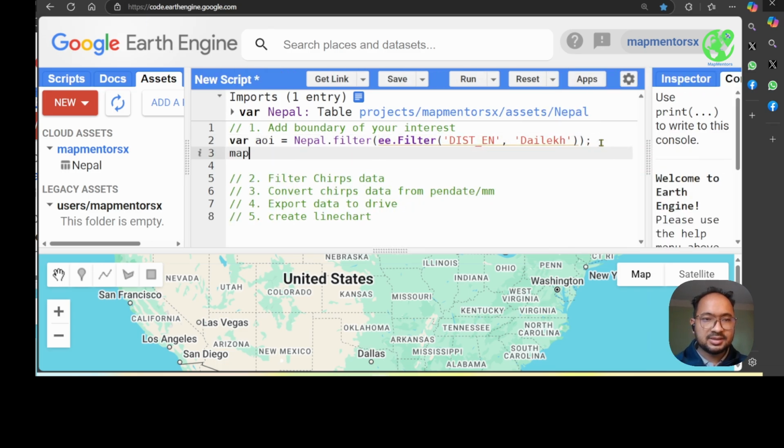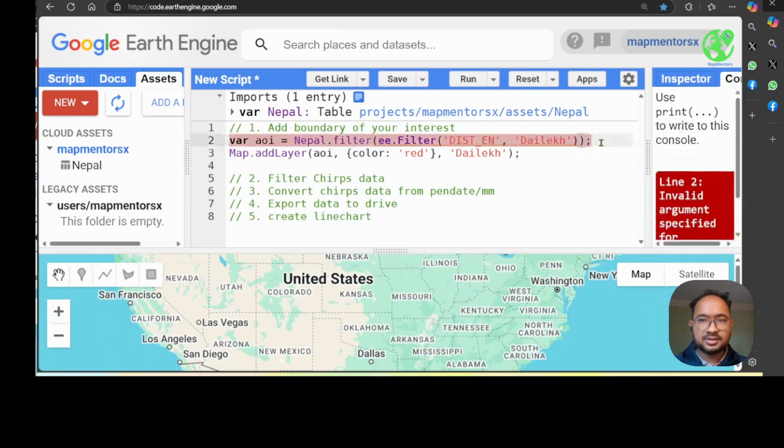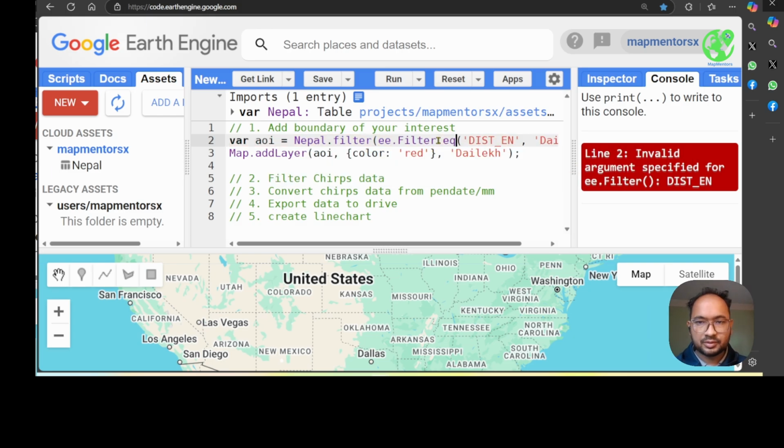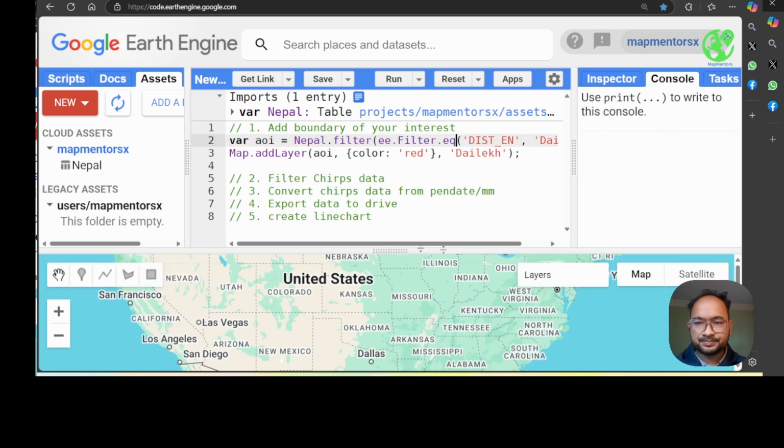So I'm going to add this to my layer. To do that, just write Map.addLayer. The name of our layer is AOI, and we are giving it a color of red. Let's run this. It's showing an error. Oh, I forgot to write equals to here. Now it will run. As you can see, our layer is already added to the map, but it's not displaying